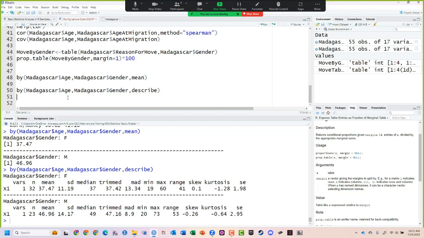So we have covered now looking at relationships between two numeric variables, looking at relationships between two categorical variables, and looking at relationships between a numeric and a categorical variable. All of these so far, though, have just been summaries. And what I want to spend the rest of the time doing, as much as we have time to get through in the next 40 minutes, is look at some inferential statistics. So these are statistical tests. And again, I'm going to assume that you are basically familiar with the tests